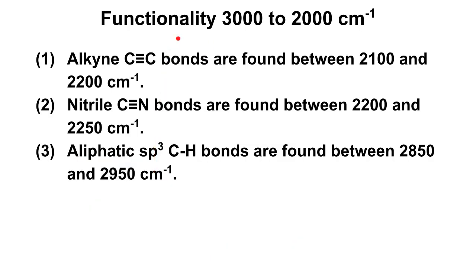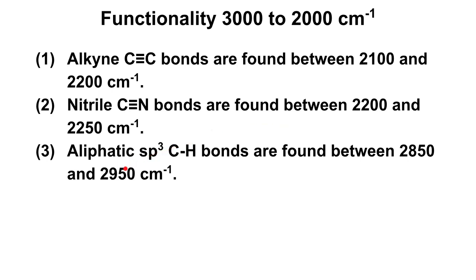Now let's discuss the functionality that we find in the 3,000 to 2,000 inverted centimeter range. So this is primarily going to be your triple bonds. Okay, you have the alkyne, which is a CC triple bond, and that's going to be found between 2100 and 2200. The nitrile sometimes overlaps that a little bit. It's very close. The nitrile is going to be between 2200 and 2250. So the nitrile is usually a little bit higher in the wave number, but only by a hair, not by